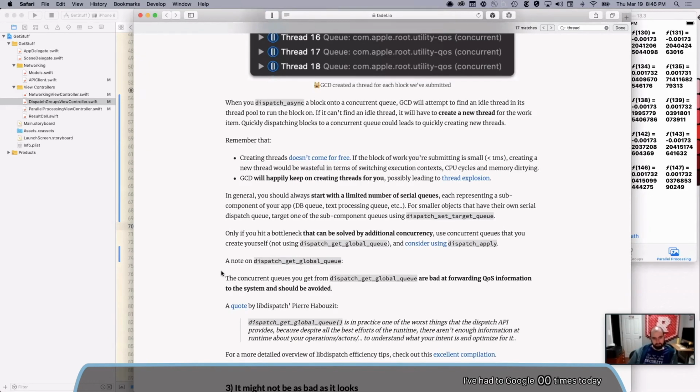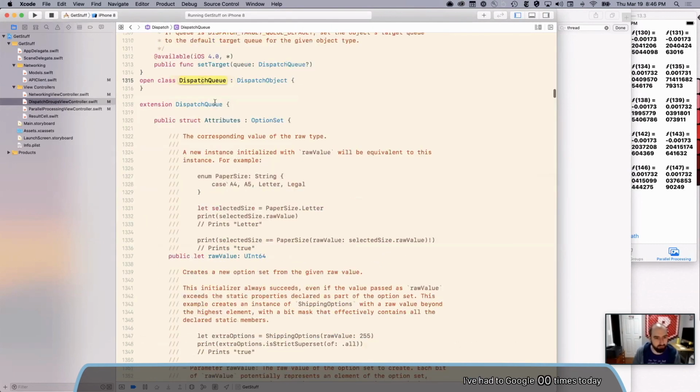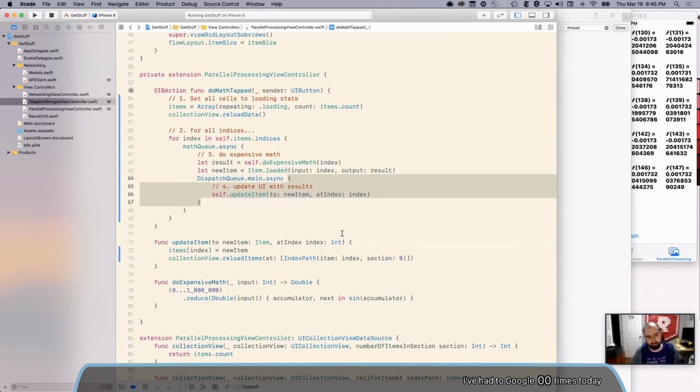So the question about memory leaks, yes, great point. I forgot to bring it up. You do often see concerns about memory leaks posted in various places when they're talking about queues. I think the most common thing is this weak self dance. The short version is that closures are classes, basically.